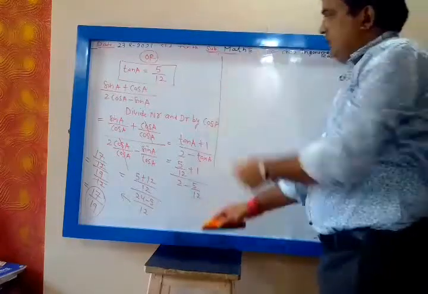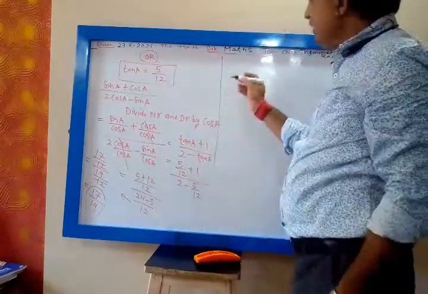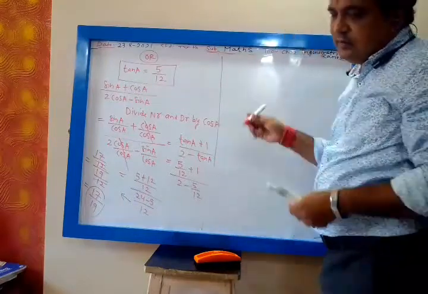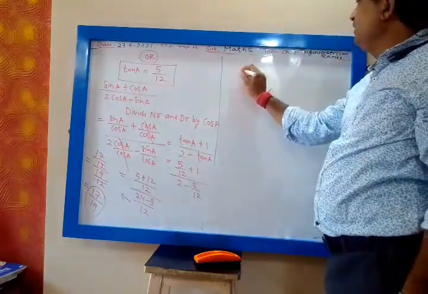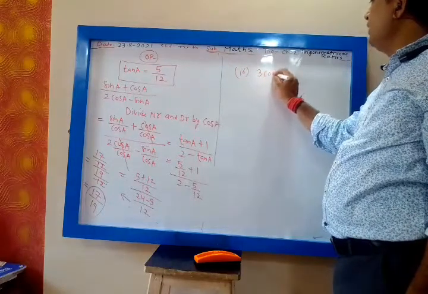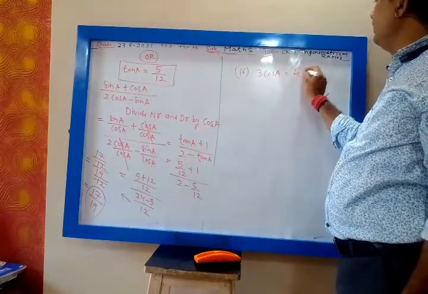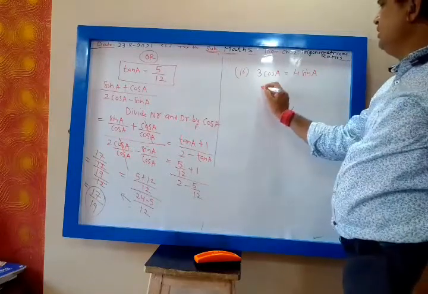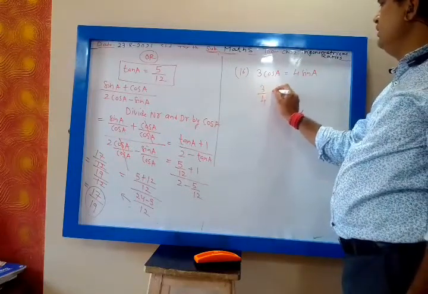Now 16th. Let me write the question. 16. 3 cos A is equal to 4 sin A. Now let me write the beginning part. So 3 upon 4 is equal to